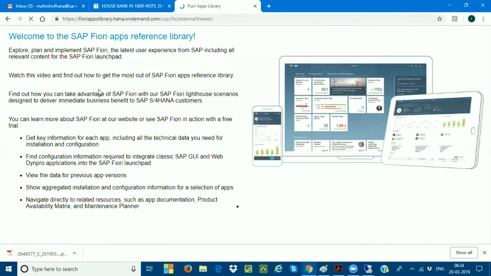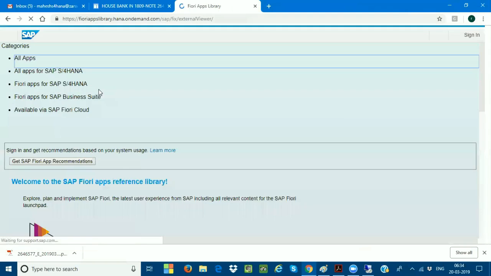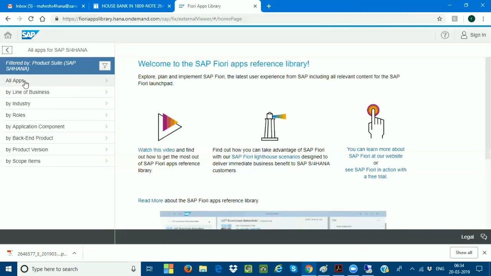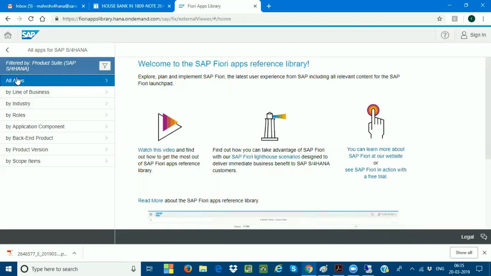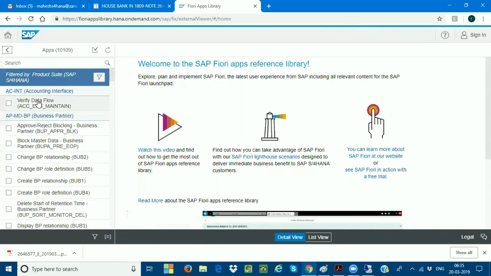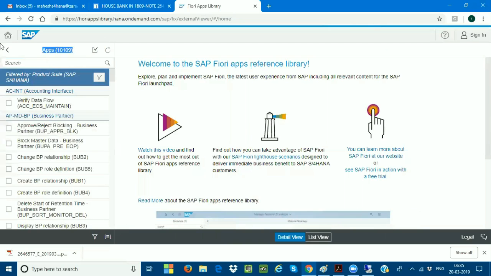If you go into the SAP Fiori library and click on all the apps, based on my roles, you can see the apps here. 10,109 apps are available right now in SAP S/4HANA 1809.